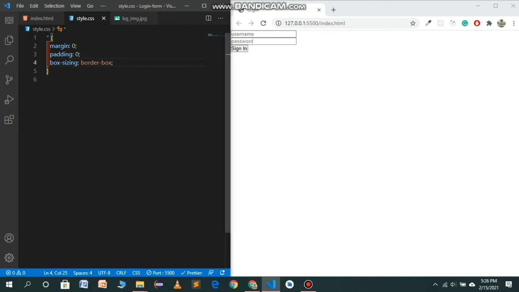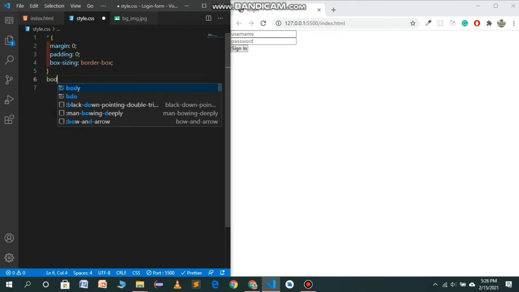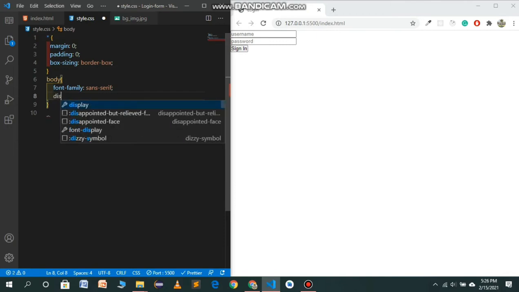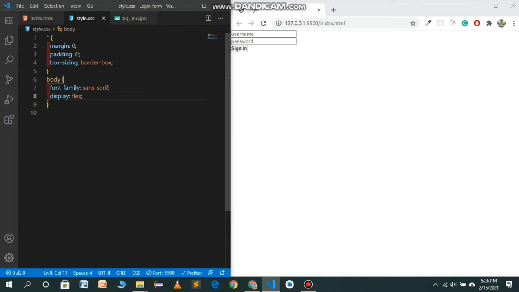First we have to target the body, and in body we will use font family of sans serif, and I think we have to use display flex because we will use flexbox to align our items.